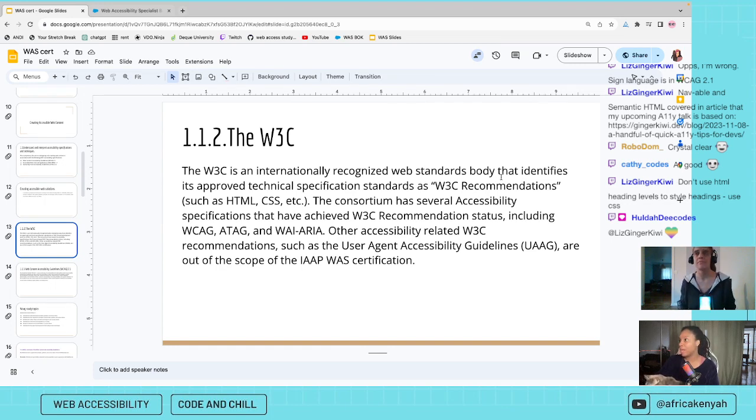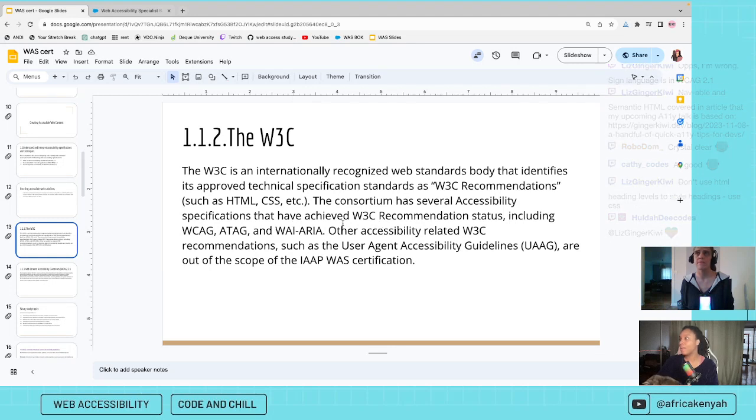It's a web standard body filled with a bunch of different professionals in technology, and they're the ones who do the W3C recommendations, and they also do the WCAG, ATAG, and ARIA. From my understanding, I could be wrong, they're the group who works on those things and creates or advises for the changes for those things.